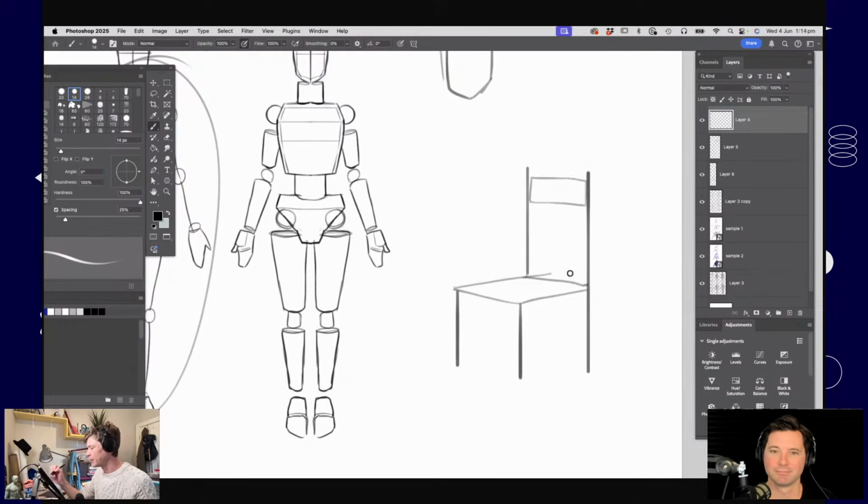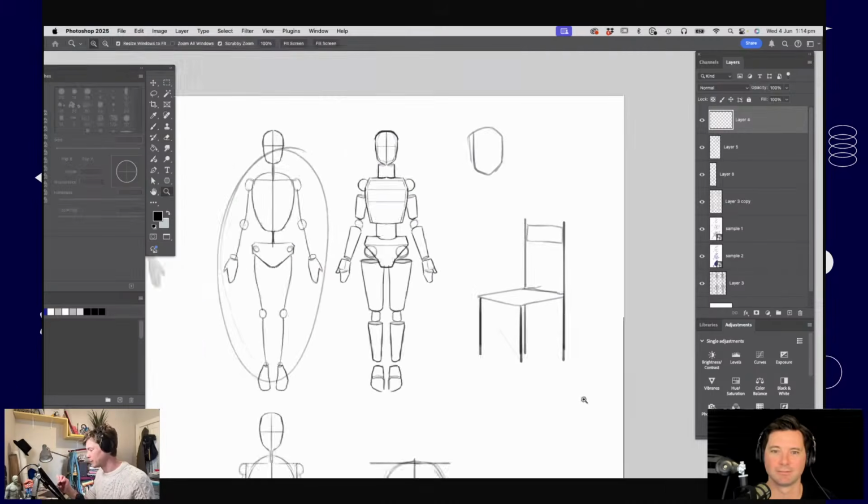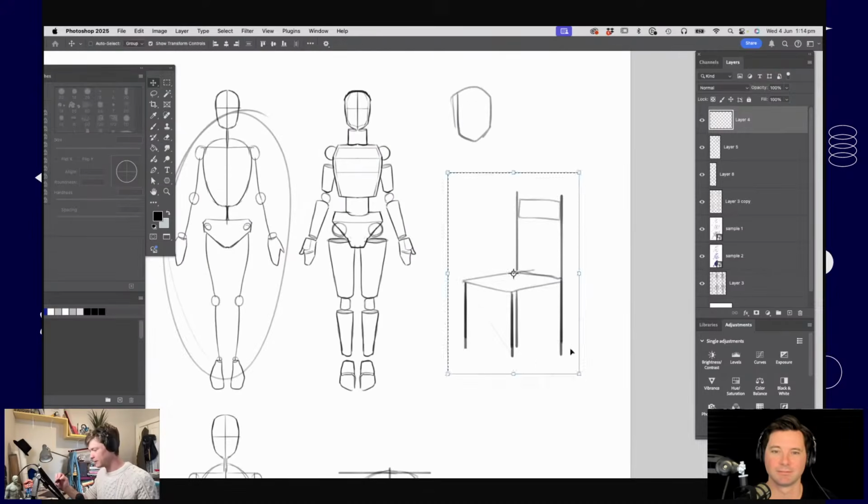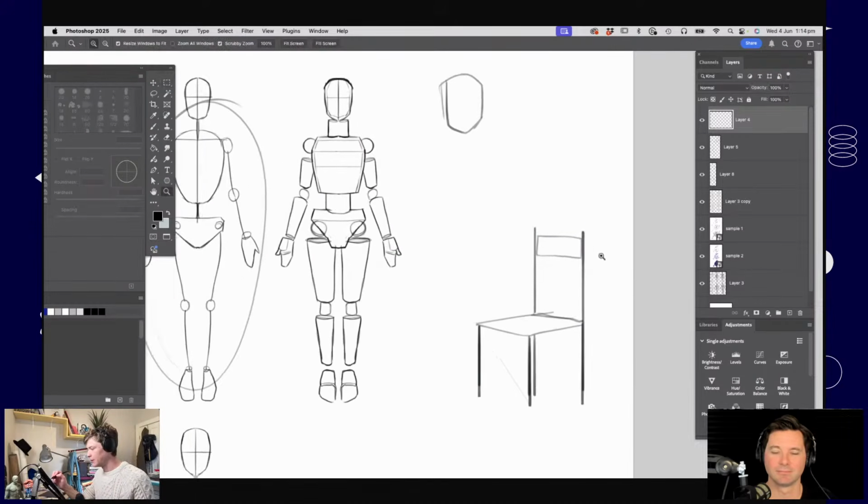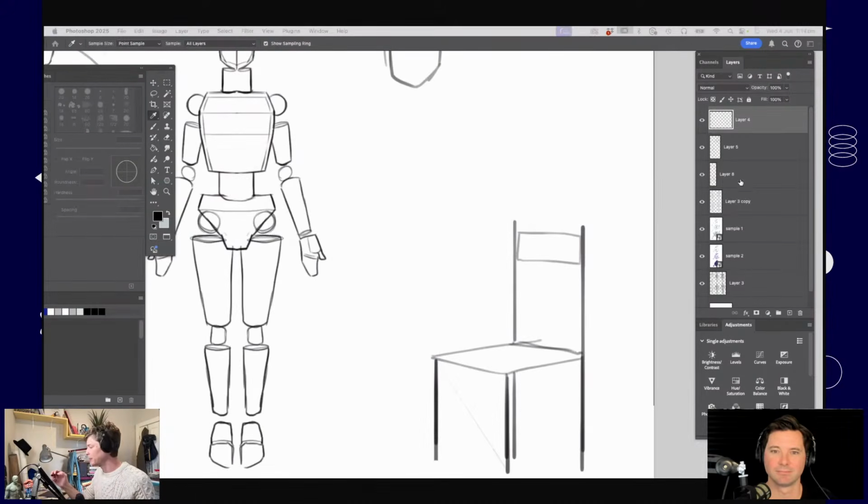It's always best to draw the bike or the chair first. Right. And then you sort of match the body to it. So say we've got a very simple chair here, and I want to draw a figure sitting on the chair. So I'm going to start with my really simple lines that we talked about.